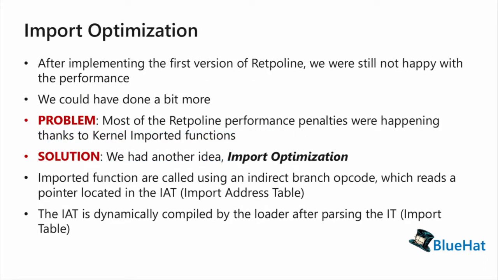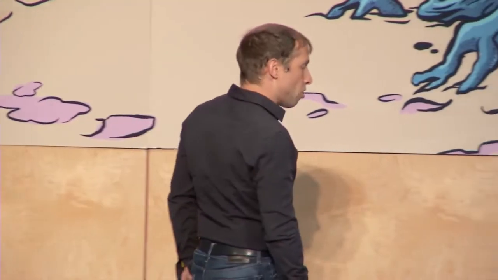Okay, one important thing to say here is that after we implemented the first Retpoline, we were still not happy about the performance, because we thought that we could do more. So we analyzed the problem, and the problem resides especially in the imported functions. It means that we were losing some time when the driver was calling an imported function. So we thought about this a bit, and we found out that after the import address table has been populated by the loader,